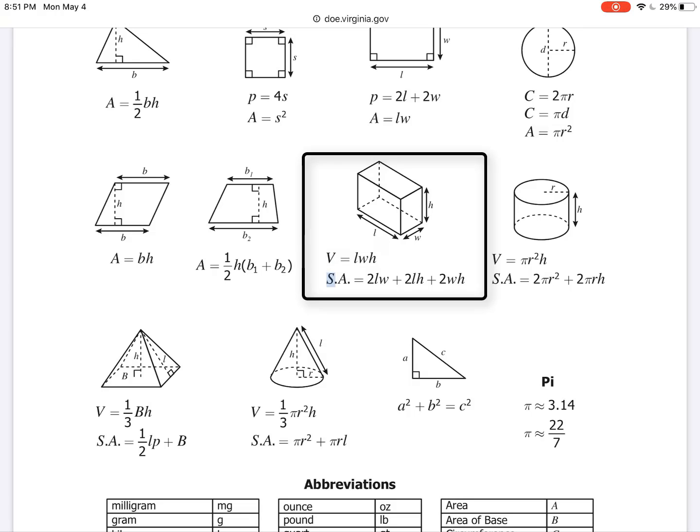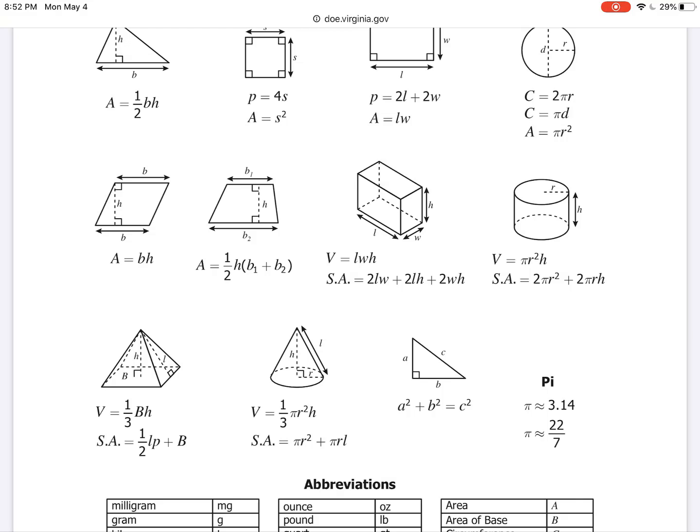So volume is equal to length times width times height. And surface area is equal to 2 times the length times the width, plus 2 times the length times the height, plus 2 times the width times the height. With solving for volume and surface area, it's a lot like variable substitution, except that instead of the expression being given to us, we need to use our formula sheet to find the correct expression. We also need to use either the word problem or the diagram to find what each of the variables is